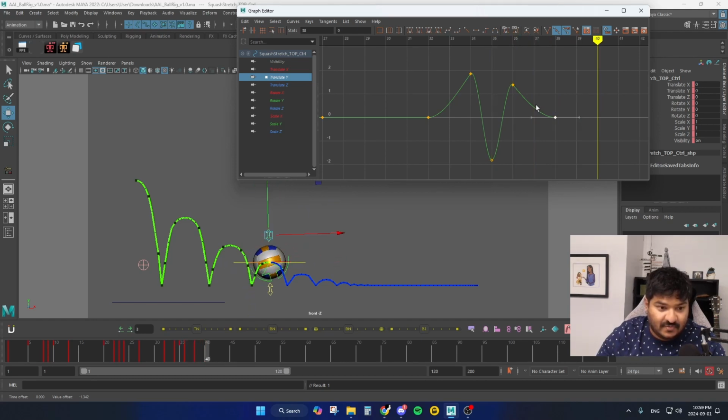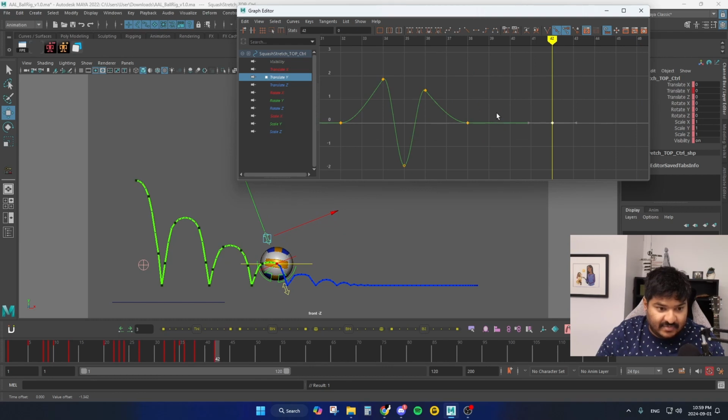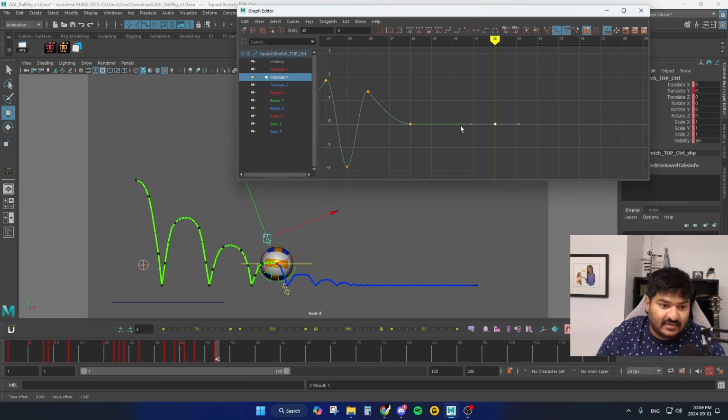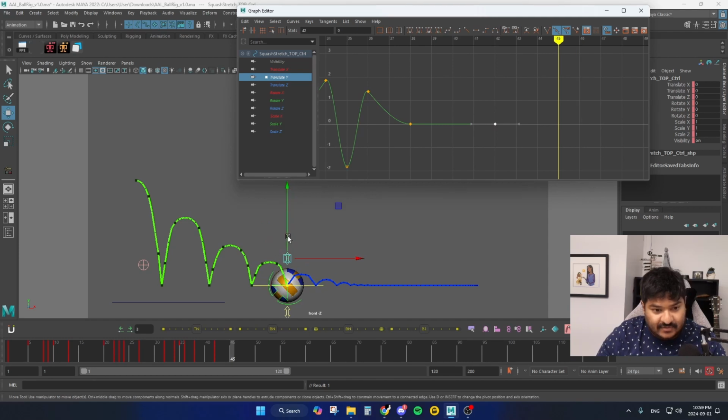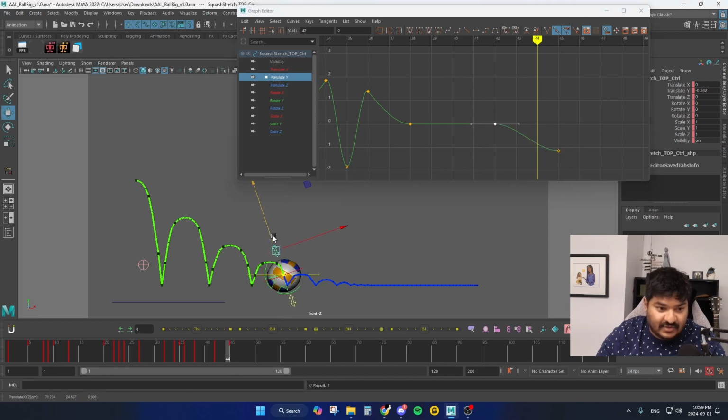1, 2. Let's copy paste it on 42. Keep it at 0. On the impact, we squash. A little bit of squash, a little bit of stretch. 1 frame after. I think we're done squashing and stretching here, aren't we? But I do want to resolve it. I might need 1 more